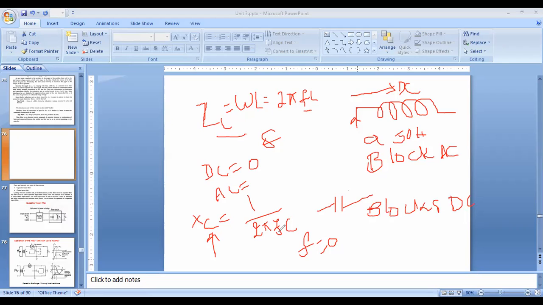And if some high frequency is there, then impedance decreases, which means it allows the AC. The capacitor blocks the DC and allows the AC, whereas the inductor coil blocks the AC and allows the DC. So depending upon this,